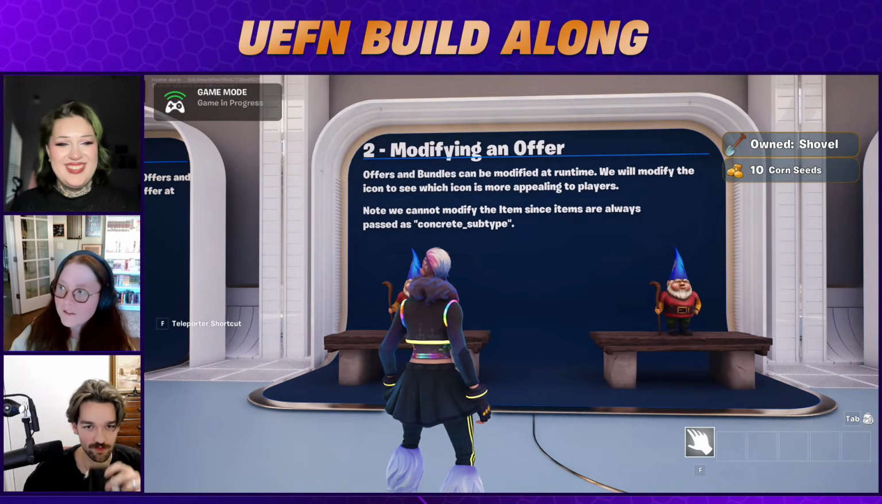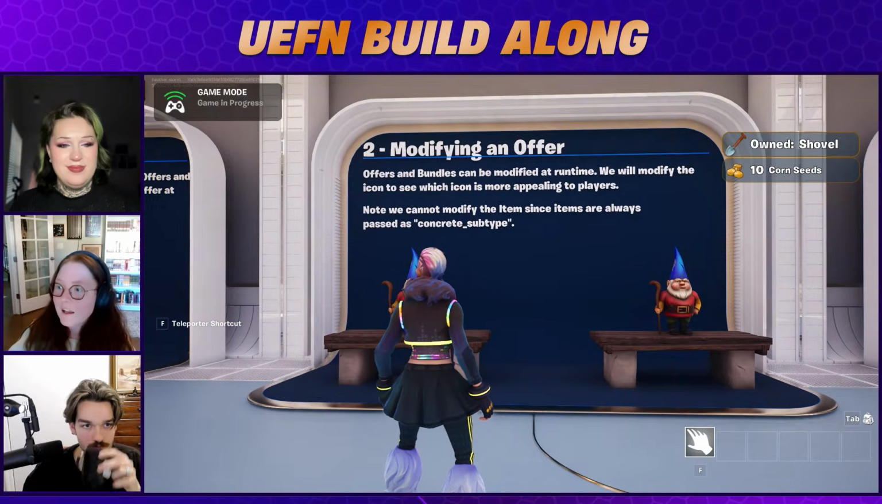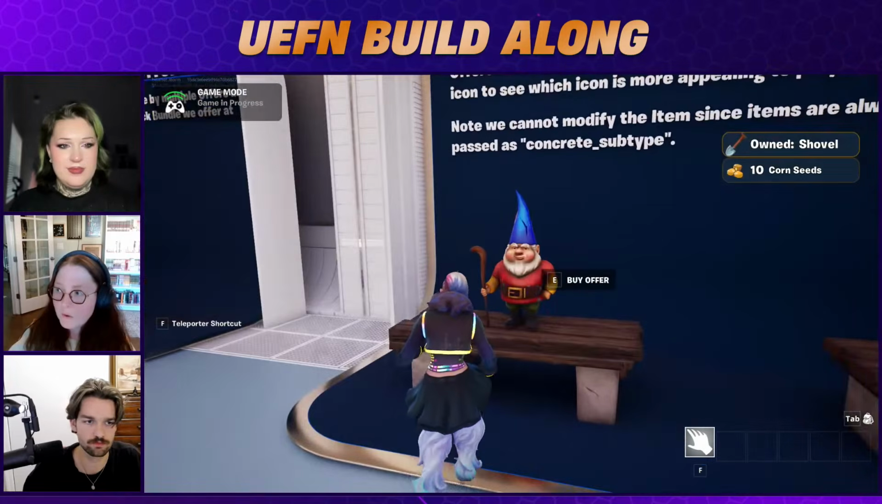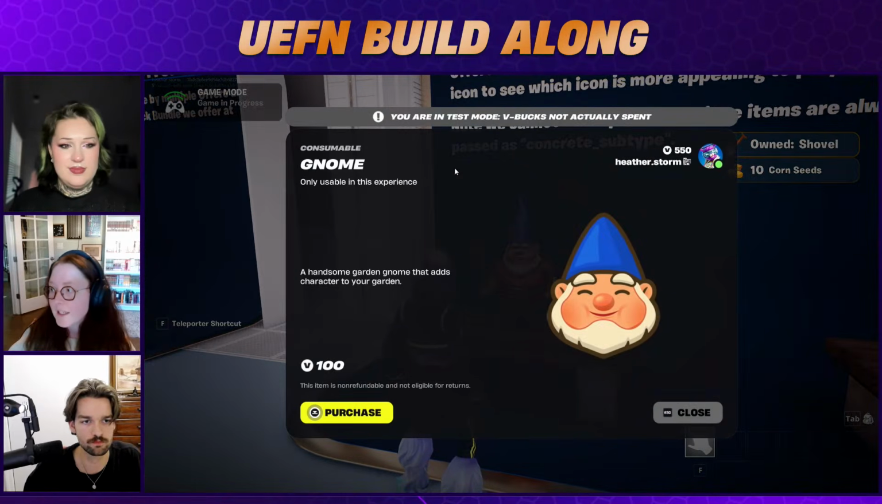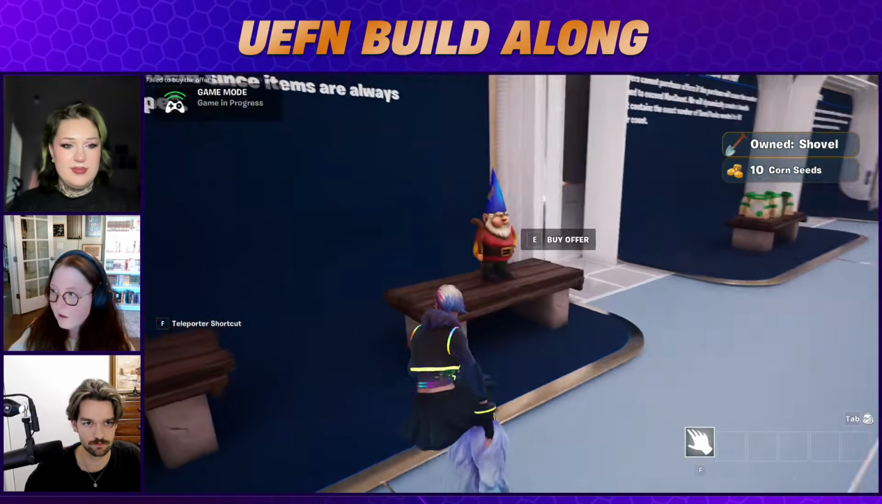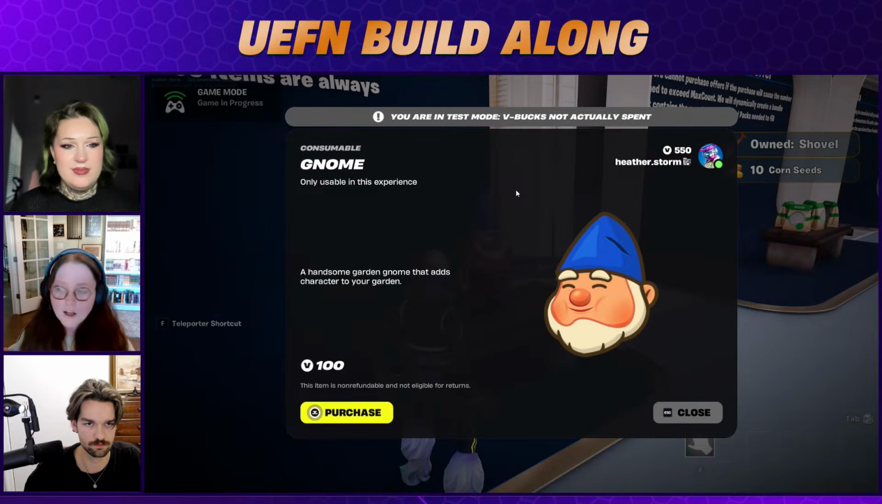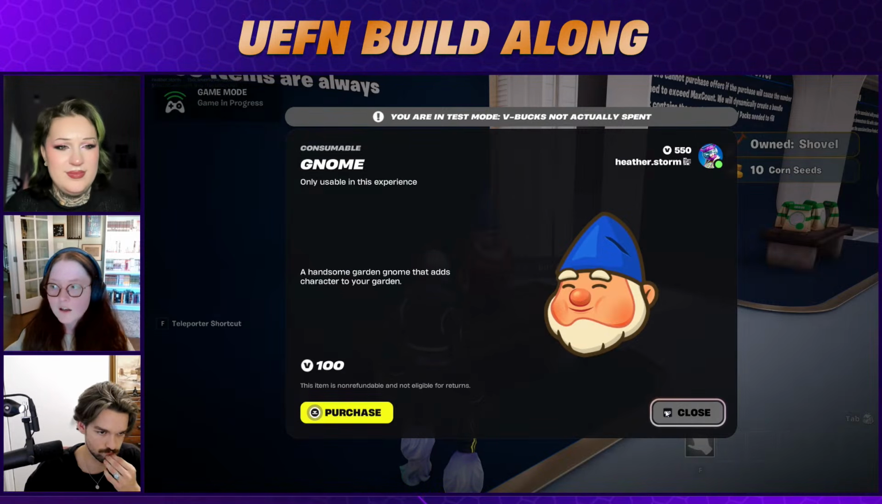So offers and bundles can also be modified at runtime. And so this is really helpful if we want to know which thing might sell better. So if I look at this one, we can see this cute little gnome that we can buy. This is a cute little icon. Or we can have this version where the gnome is looking in a direction. Some people might think this is cuter. Maybe people like the ear. I don't know. But you can use this feature to figure that out for yourself, to basically A/B test which icons are leading to